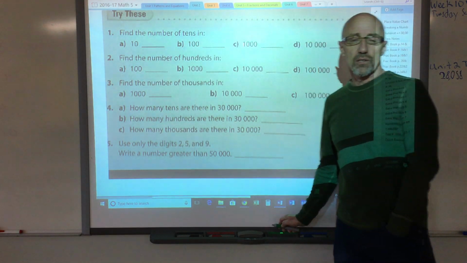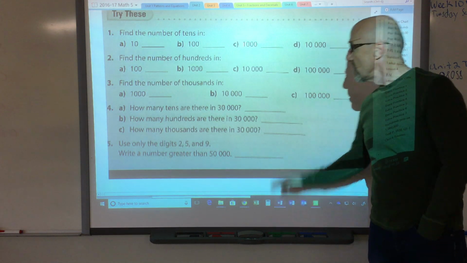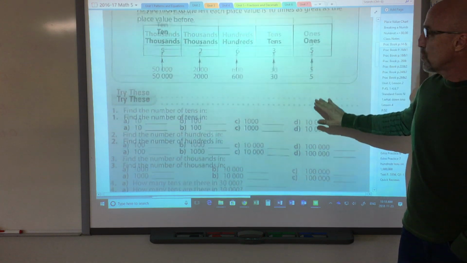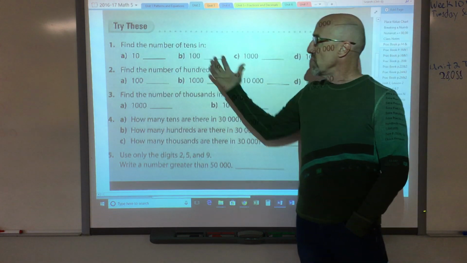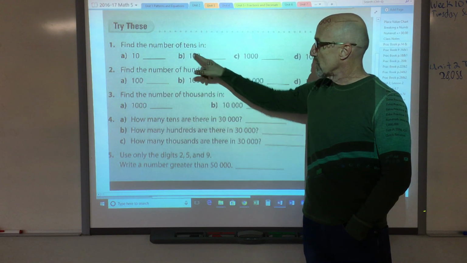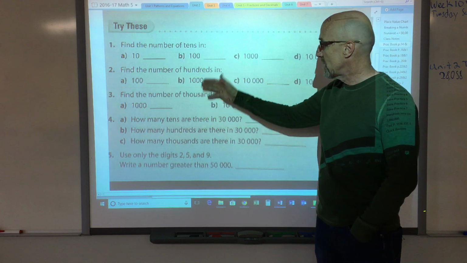This video is on Unit 2, Lesson 1. It's on numbers to 100,000. What we're talking about here is trying to figure out how we can break down larger numbers into smaller chunks, into the base 10 stuff. So number of tens in 100, number of tens in 1,000, number of hundreds, number of thousands in a larger